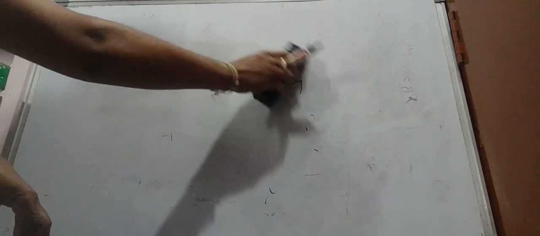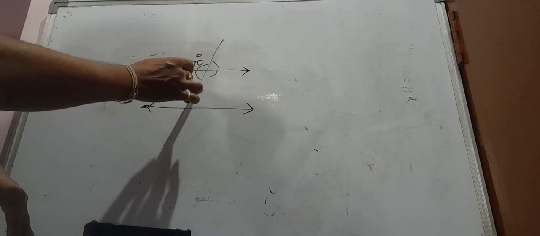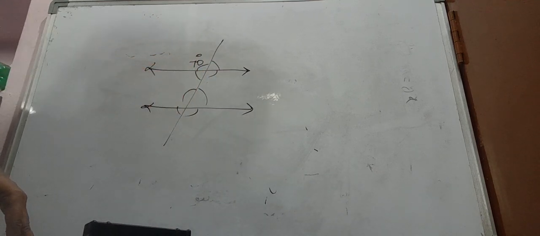So these are not only useful to 7th class students, these are also useful to 8th class students. In 8th class, you have linear equations problems, in which they use this concept. So how will the questions come? For example, like this, they will give you 70 degrees here, and they will ask you to find out all these angles.